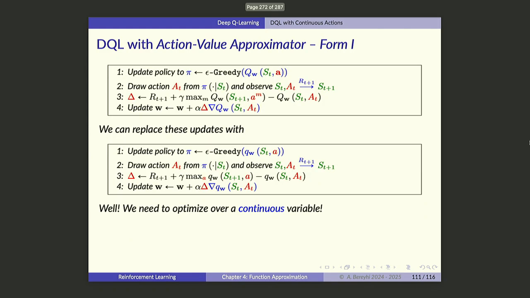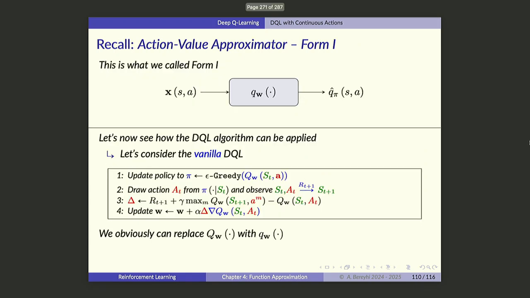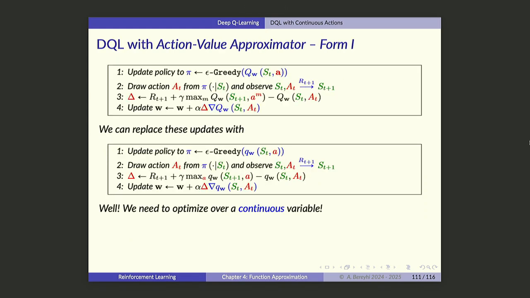So if you compare this one to the continuous one, it means that I have this neural network, I just give the representation of my state and action, and then I want to know what is the maximum one. I need to find the representation of the action which is maximizing.